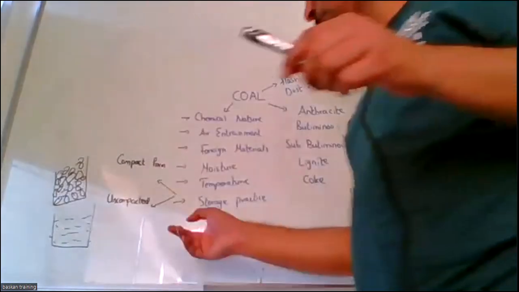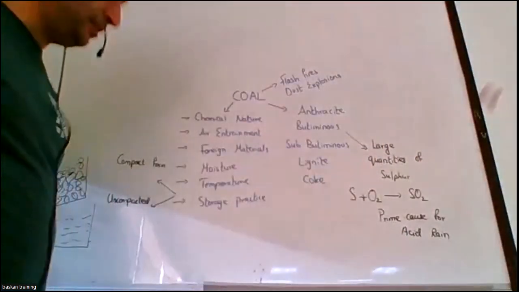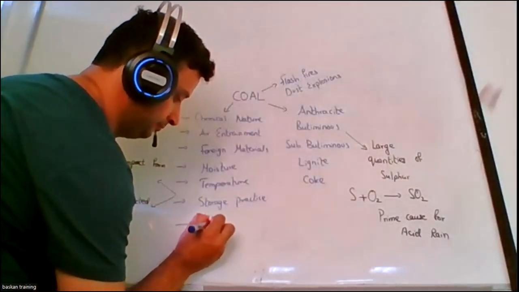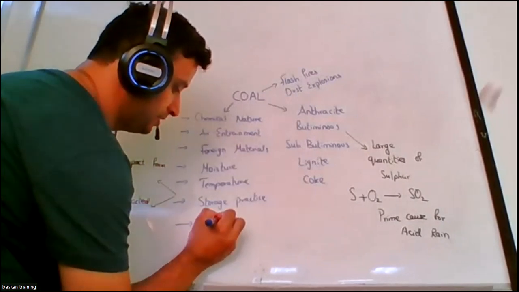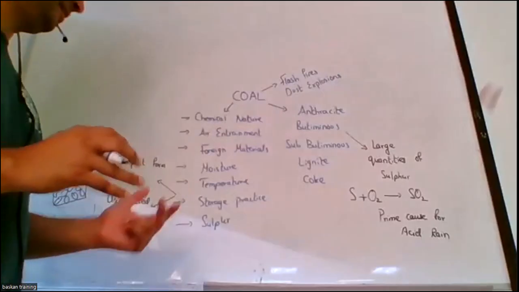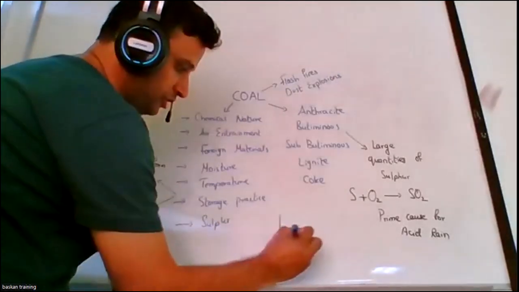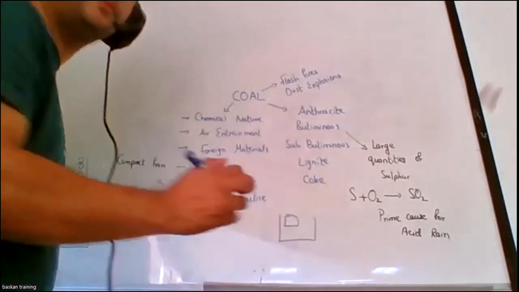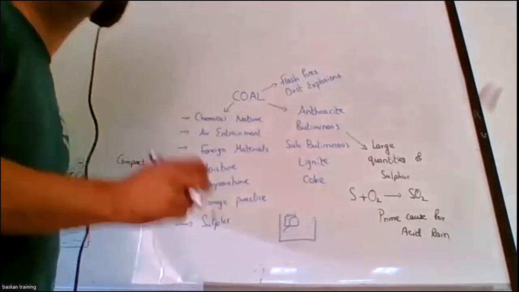Okay. Now the next point. Next point is presence of sulfur. And when I am saying presence of sulfur, what do I mean by that? It means that if I have a rigid, big amount of coal with more quantity of sulfur, what will happen? It will easily break down into two.